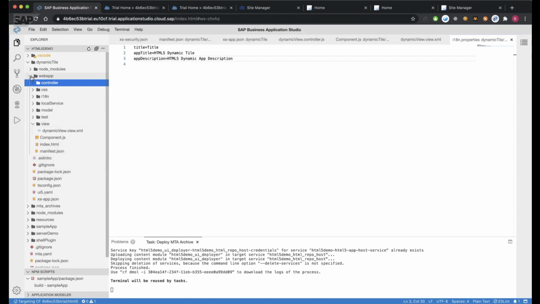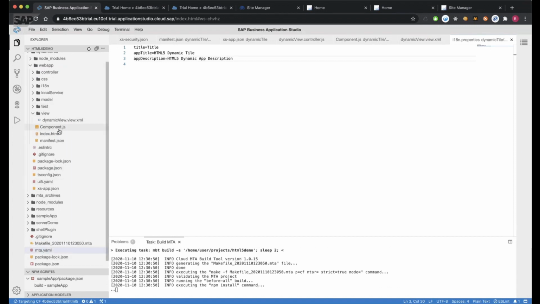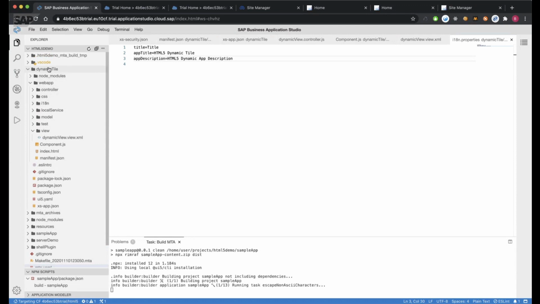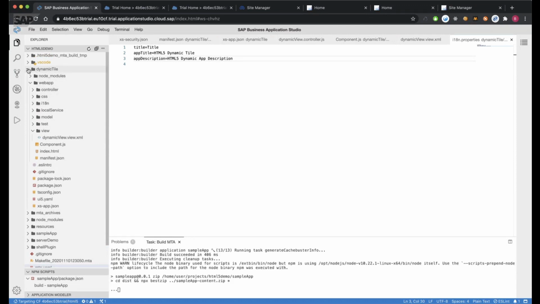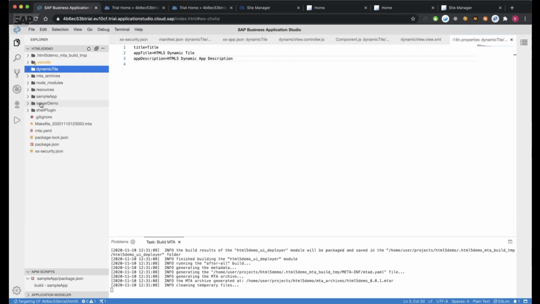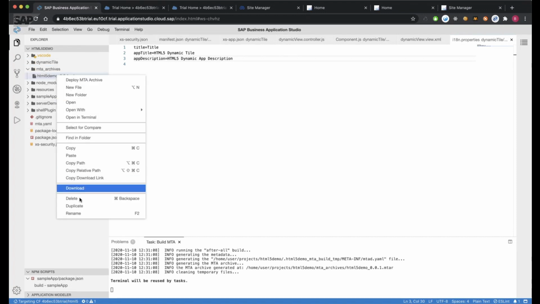So if I'm going to sum up everything that I've done while I'm building the MTA, and this is something that we just know we need to do, and this is the updating of the MTA and creating a new MTA. What I've created is two different HTML5 applications. The one is really not an HTML5 application. This is a server demo. So I am putting everything under my space and creating the route. The server demo is going to return me an application. And this application is going to be linked to a backend destination with UAA that I've already pre-configured in the